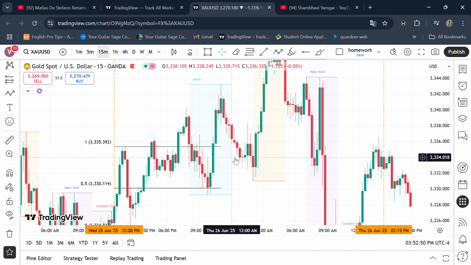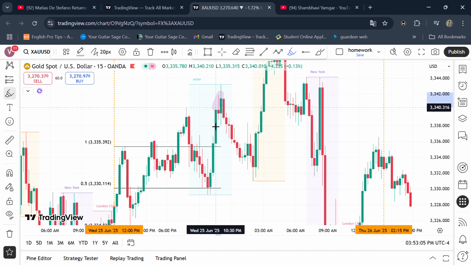So that's why I thought of waiting for an FVG, and I also was not able to trade in the Asian session. So that's when you will see in this same leg,